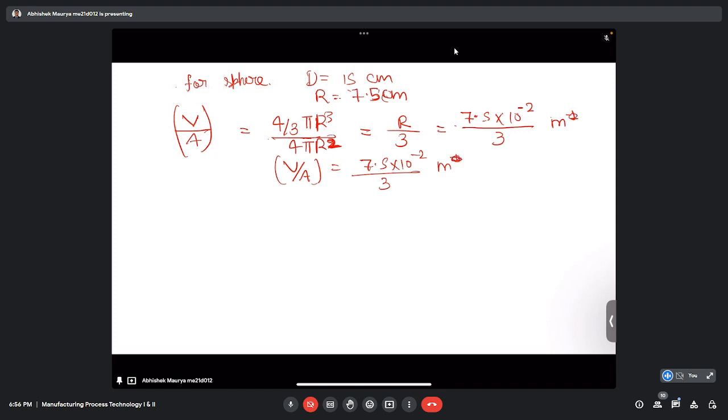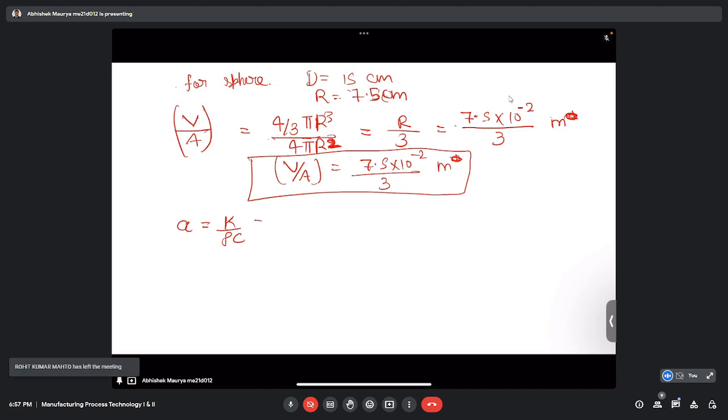Sorry, it will be meter. Okay, what else are we left with? We need to calculate alpha, and alpha will be the same because it doesn't depend on the geometry. Alpha is the thermal diffusivity of the mold material. So that will be again k by rho c. If you substitute the values, it will come